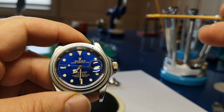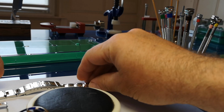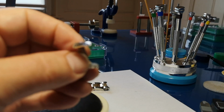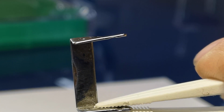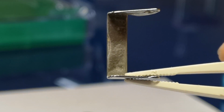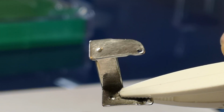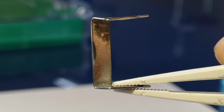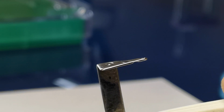So yeah, essentially, and there's also a repair to the bracelet. If I just show you here, hang on, just see if I can actually come in on this. And this is the part of the bracelet which is bent out of shape. You can see the bottom sort of wing of this clip, which I'm holding in the plastic tweezers, is nice and flat, but the top one in the center of the frame there has been bent outwards out of shape,